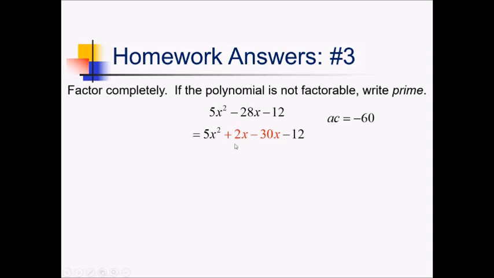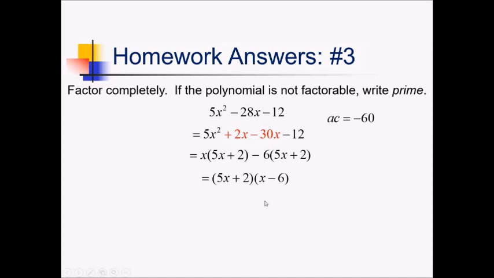So I can take an x out of the first 2, leaving me with 5x plus 2 in the parentheses. Out of the next 2 terms, I can take out a common factor of -6. That leaves me with a 5x plus 2 there as well. And now I can take out that common 5x plus 2 factor, and I've got x minus 6 left over